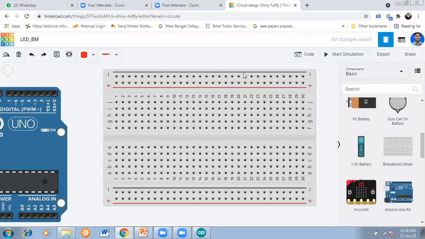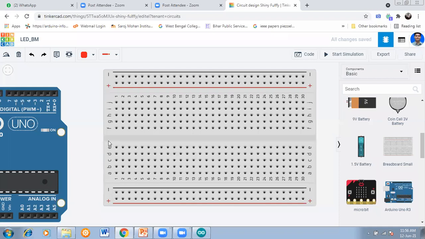When you choose this point, the computer automatically knows that the F1 pin is selected. So we need not write all these coordinates. We simply click and connect. So this is all about your breadboard. In the lower portion, there is the power supply plus and minus. We can use plus VCC here and the ground potential here, and similarly the upper portion also, and they are vertically connected just like your breadboard.